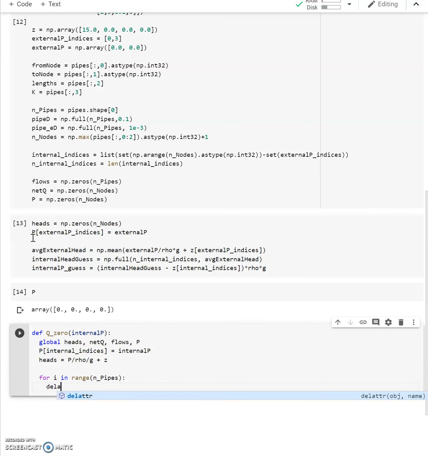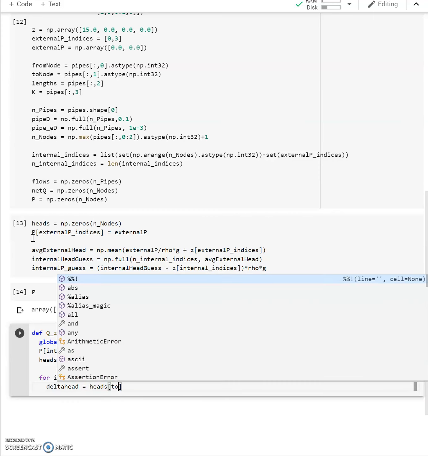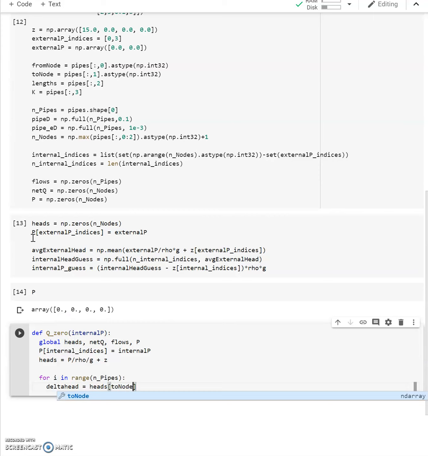Then our delta head is going to be equal to our heads, and then bracket 2 node